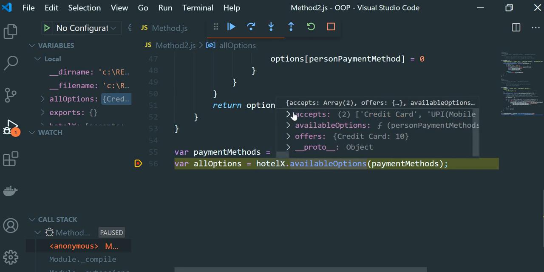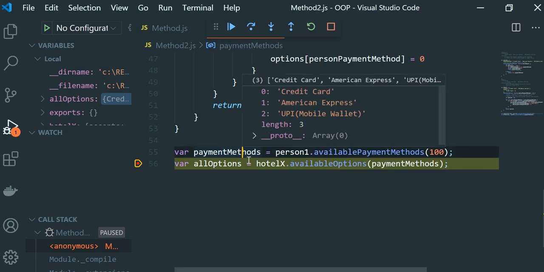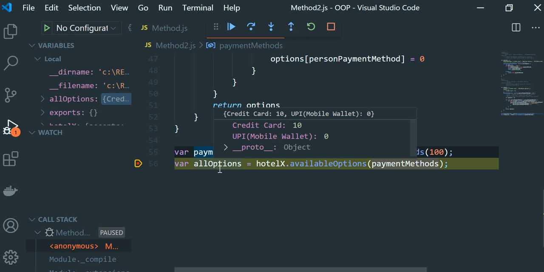So it is accepting this too, and it is also combining that with the offer. Okay, this has a 10% offer, this doesn't have any offer, and it is giving the options here. Okay, and now we have the option. This option will be given to person one, and then person one will choose the lowest